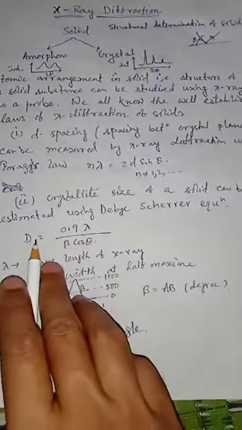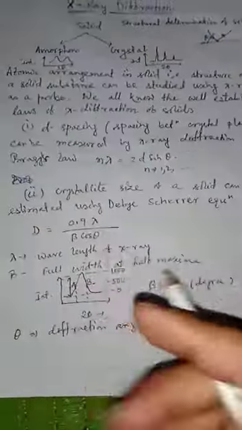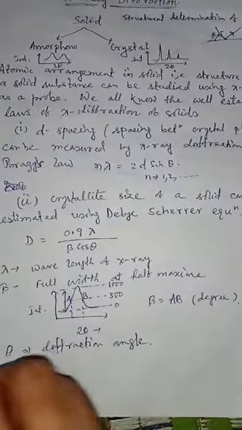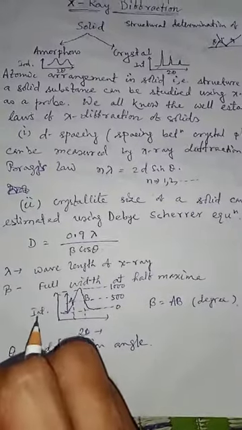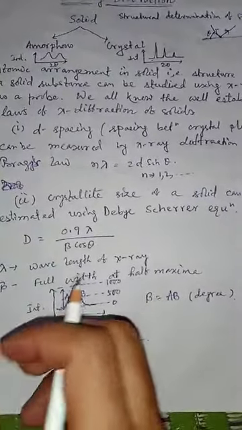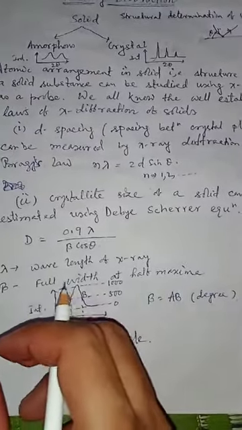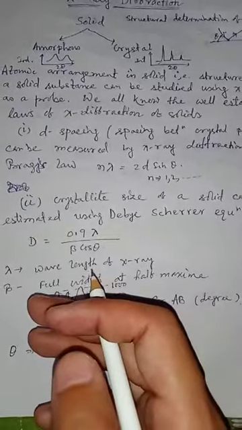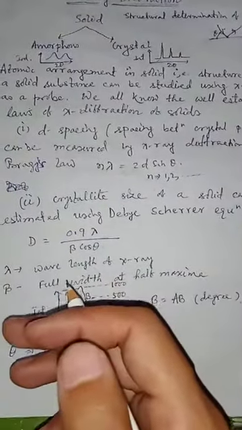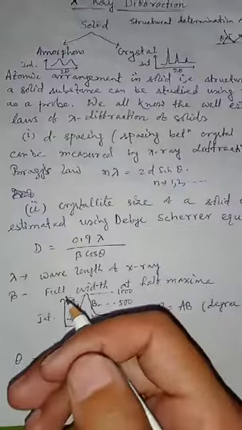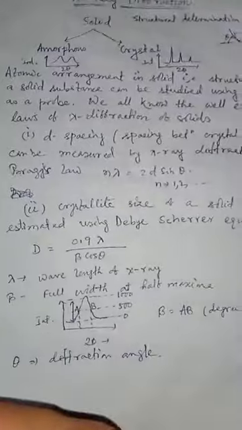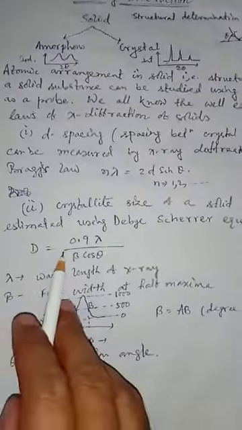Similarly, one can calculate the crystallite size using the Debye-Scherrer equation. What is crystallite size? Crystallite size is a measurement of the size of a crystal. That means the size of a crystal may be 1 unit cell, 2 unit cells, 3 unit cells, 4 unit cells, and so on. This number of unit cells will form a crystallite, and later on these crystallites will nucleate to form the ultimate solid. So how could you determine the crystallite size?